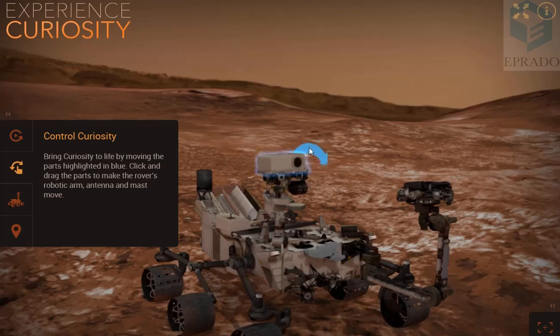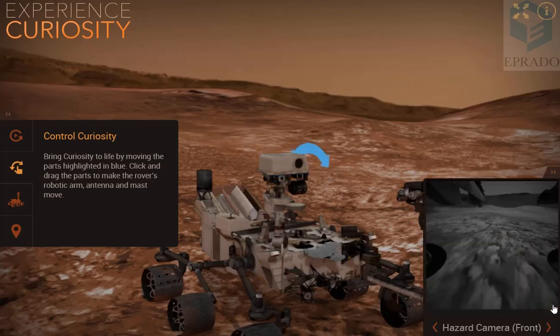similarly you can also move this camera by just clicking and dragging up and down. By clicking this edge you can see the camera's output.